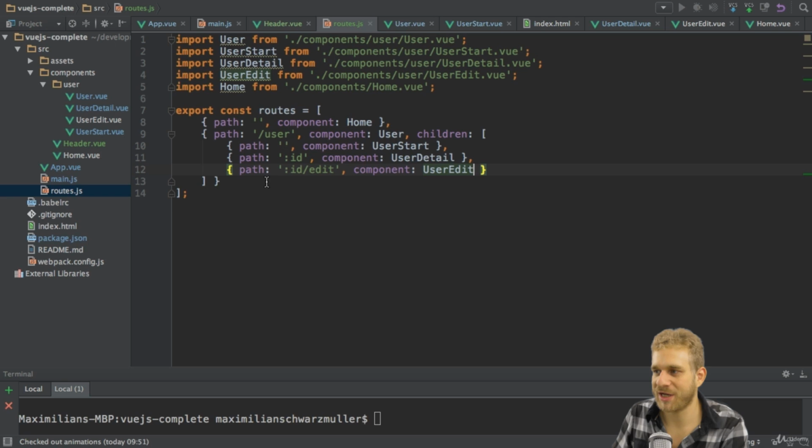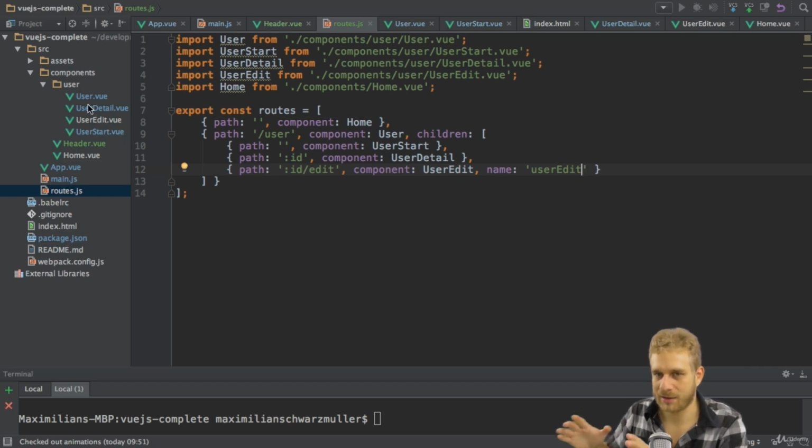So in the routes.js file, I can assign a name to this route by simply adding name here, and I'll name it user added, for example. Now choose any name you like. This is just one example here. So user added is now the name of this route, and I can now identify this route by name,